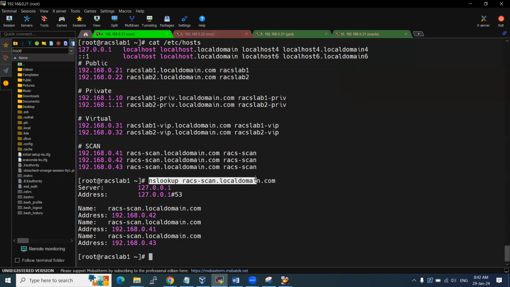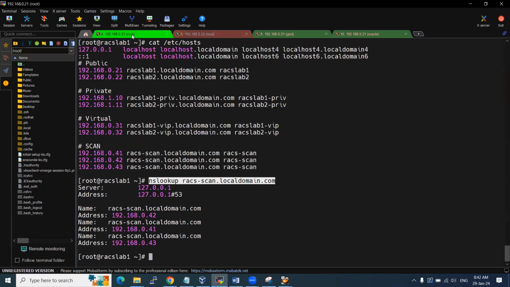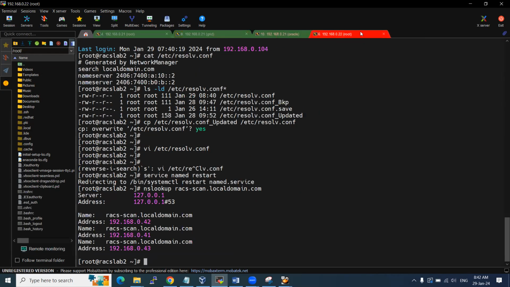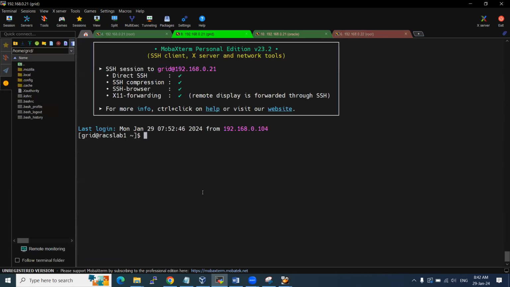That is fine. It's working fine. NS lookup should work. Yeah, that is fine. Now we can connect it to grid user on node 1. Node 1 only. We are not doing anything. We are just doing the setups on node 2. But go to U02